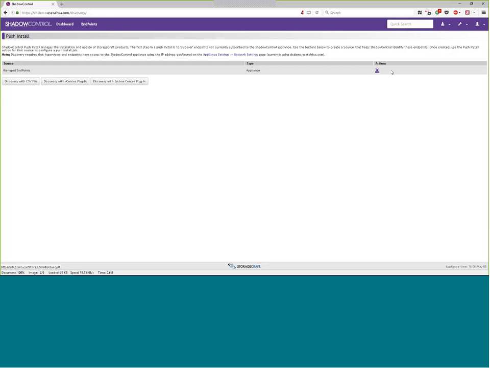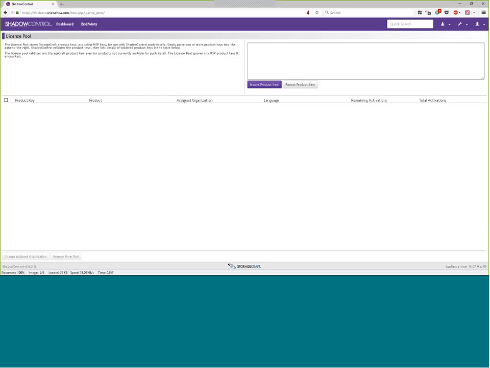And there's also a license pool. So this is only perpetual keys. Unfortunately, you can't use this for MSP product keys, but it's great where you can add, say, a pool of keys that you have purchased for your organization, and you can move those around, because the important thing to note with a perpetual key is it can be recycled. So if you've stopped using it on one machine, you can remove it and activate it on a new machine, whereas you cannot do that with MSP keys.